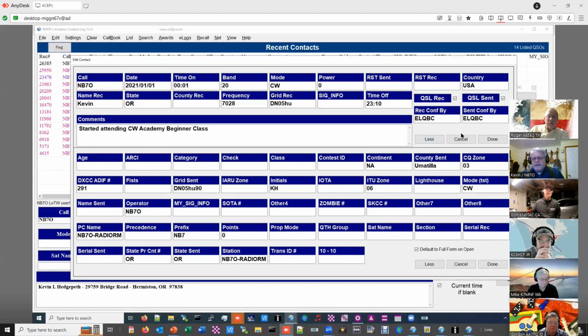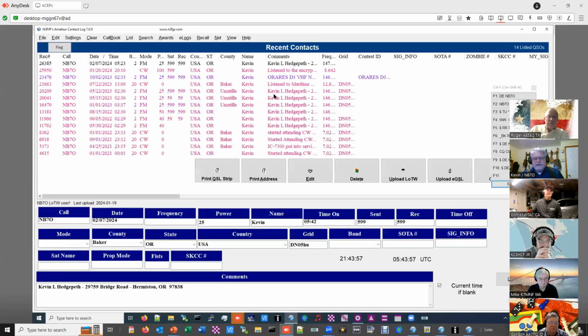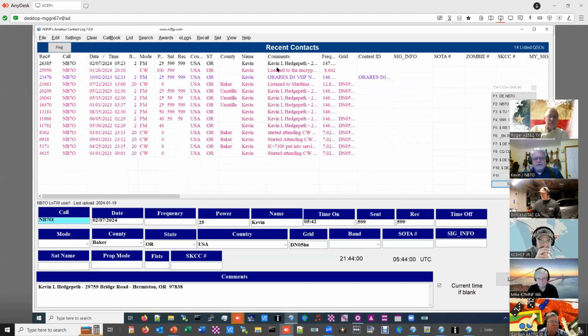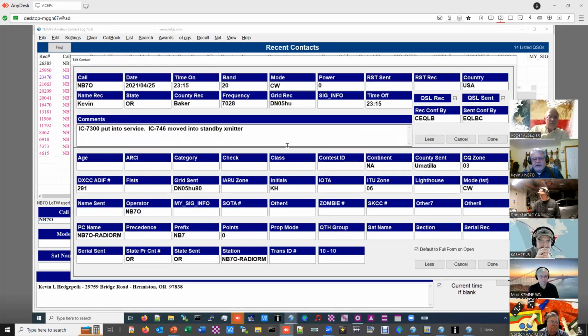But, you know, I'm not doing this every day, multiple times a day. It's just occasional. So this is the way, and this is where Michelle was a control operator for the net. And she logged that she had a contact with me. And so down inside there, it would say that Michelle was control op. Here's where I put the 7300 in service, took my 746 out, and it's now on standby over in the rack. So put your call sign in as the station you're working, make your comment,